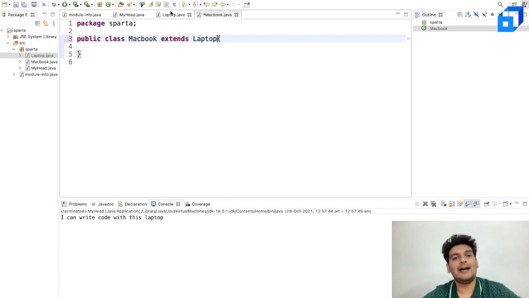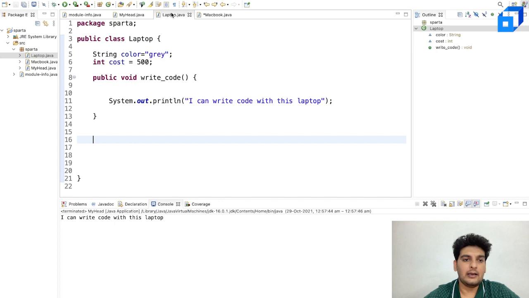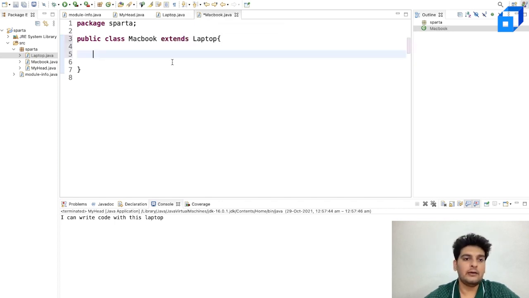So what this means is I have this new class, let's call this a child class. So this child class MacBook extends the features of the Laptop class. And inside this, let me add certain attributes which are unique to MacBook, and also certain methods which are unique to MacBook itself. So here for Laptop, we had color and cost. Now instead of color and cost, probably I'll add RAM over here, which is just unique to MacBook. And let me have int ram equal to 8 over here.